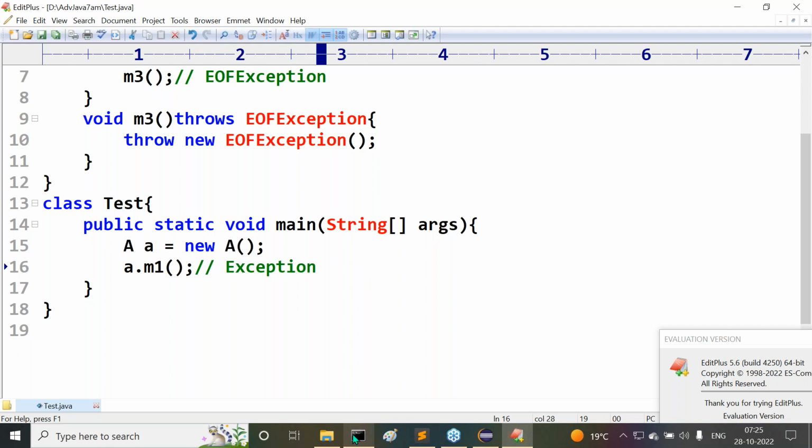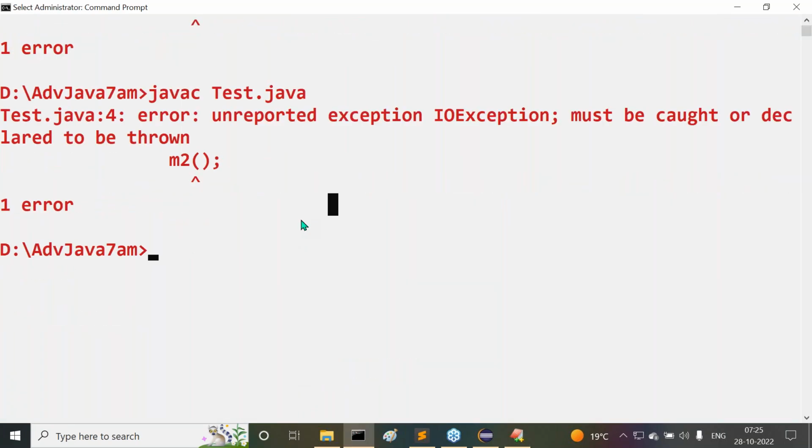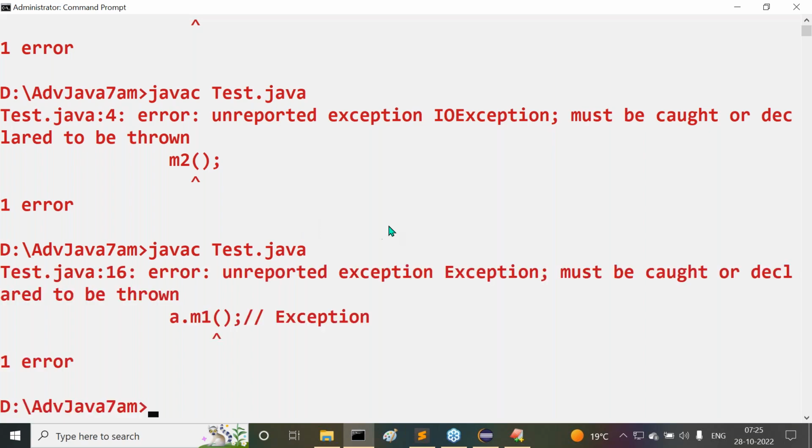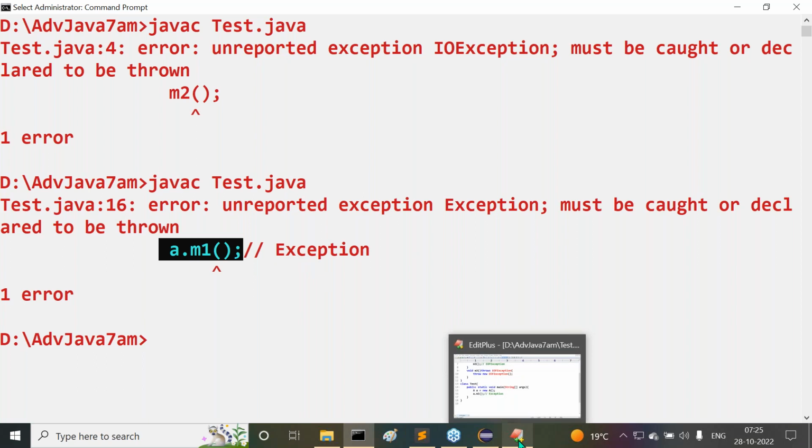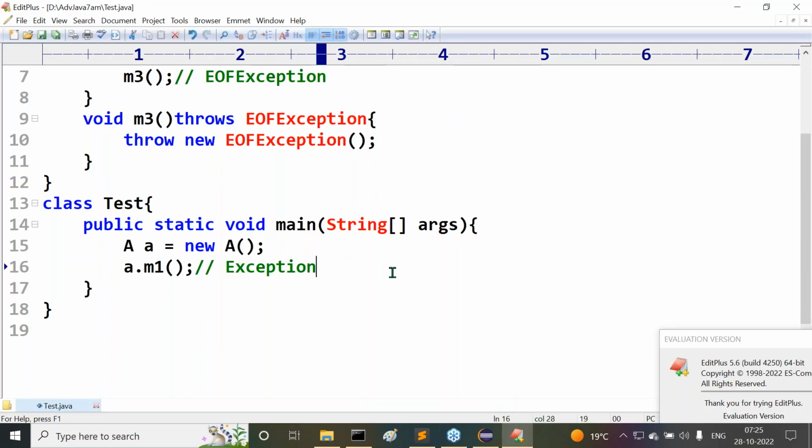Now let us compile this program. At the 16th line we are expecting an exception of type Exception only. javac test.java. At what line are we getting exceptions, sir? At the 16th line, at the time of calling a.m1 method, there we are getting the exception. That's okay, nice. But still my requirement is that I don't want to handle even that exception inside the main method. Inside the main method also I don't want to handle that exception here. But my requirement is